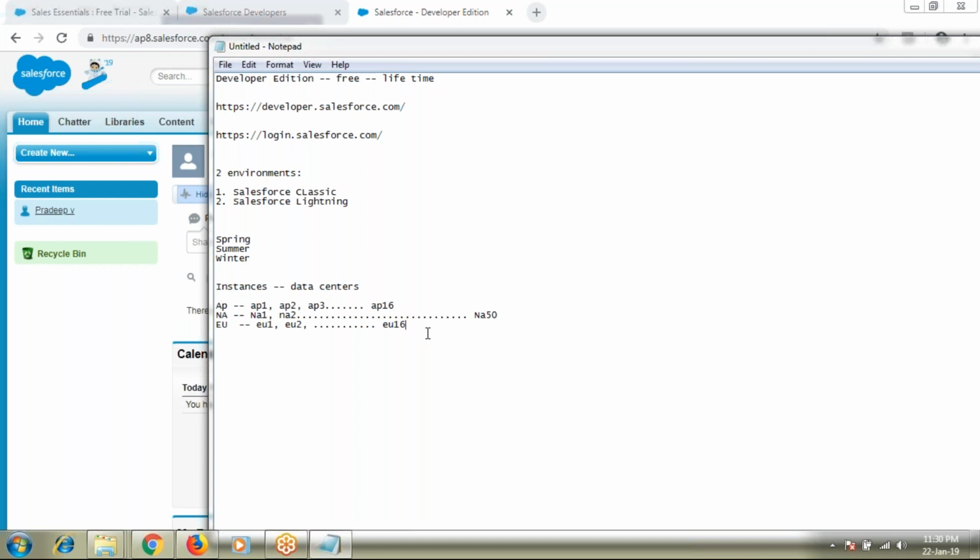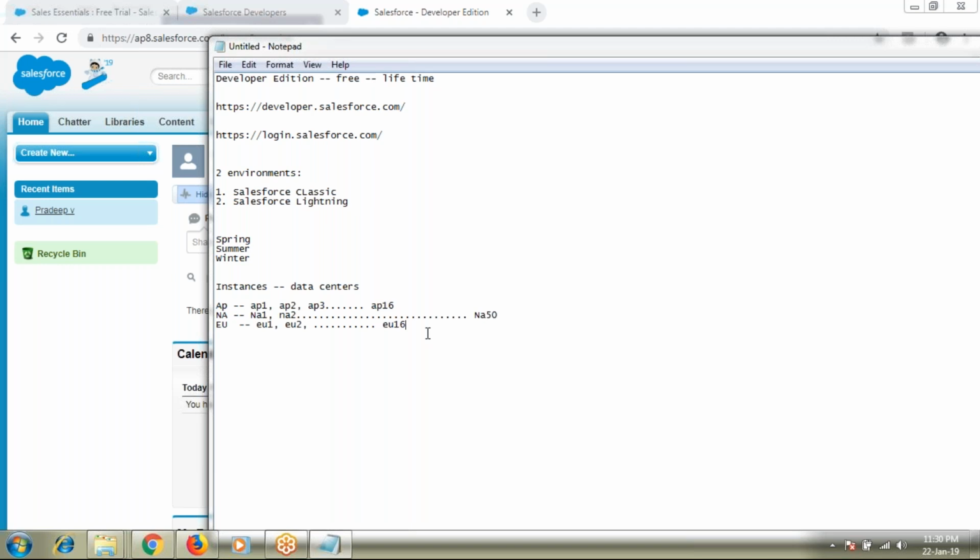These data centers we are talking about are not physically visible, because they are on the cloud. When I say Asia Pacific, it could be India, Japan, or any country within Asia Pacific. They would have set up their own data center there, and any customers coming from Asia Pacific are sent to the Asia Pacific data centers.